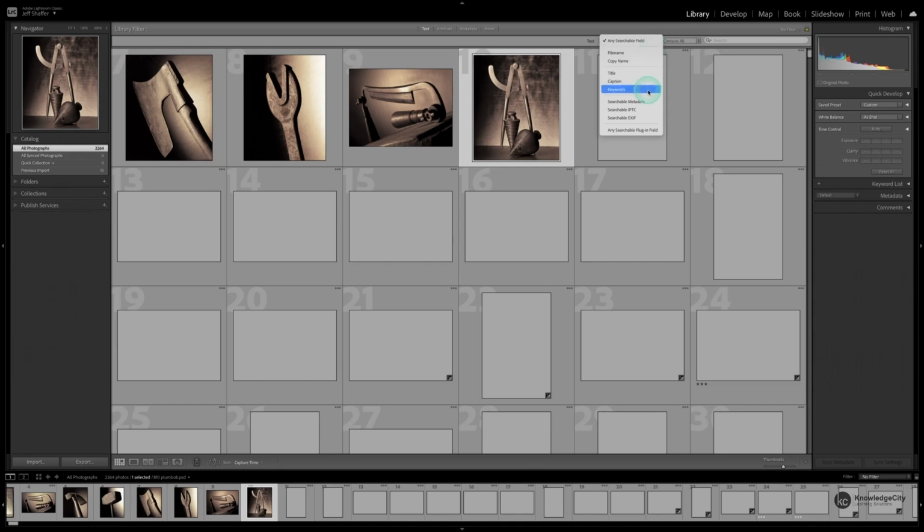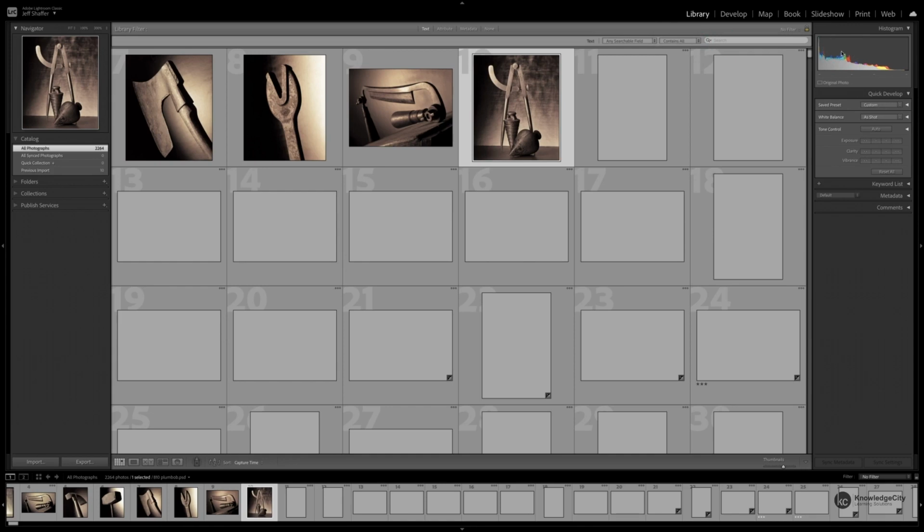There you can see you could choose keywords to search by, searchable metadata, file name, title, etc. You would type that in to here, and then you can choose options regarding that, whether it contains it or doesn't contain those words. For example,